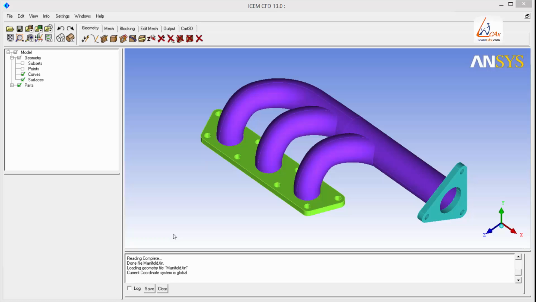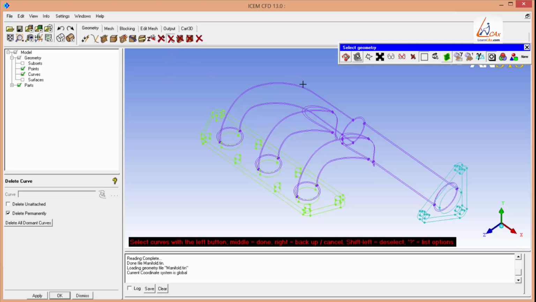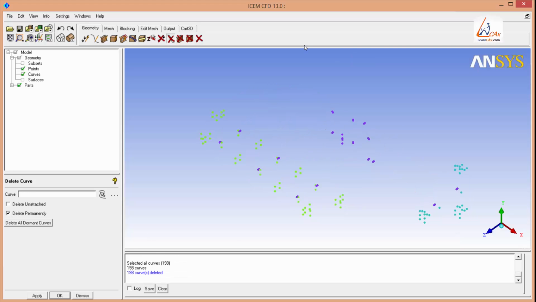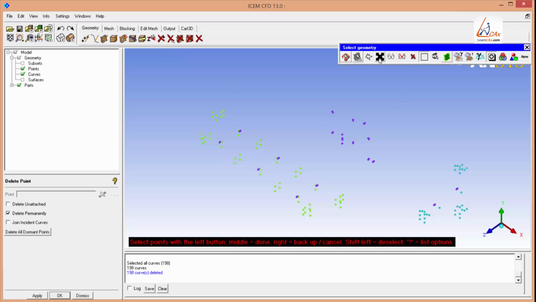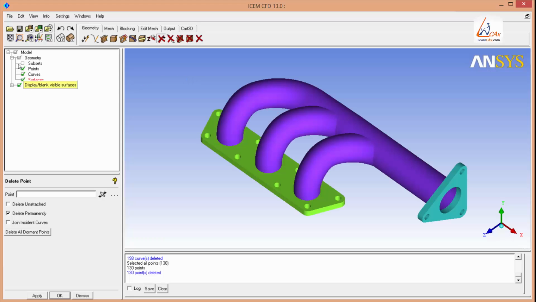But before doing that, we need to delete all the curves and the points in the geometry. Let's use the delete curve option and select all appropriate objects, but make sure the delete permanent checkbox is on. Then use the delete point option and select all appropriate objects to delete all the points. Now switch on the surfaces in the display